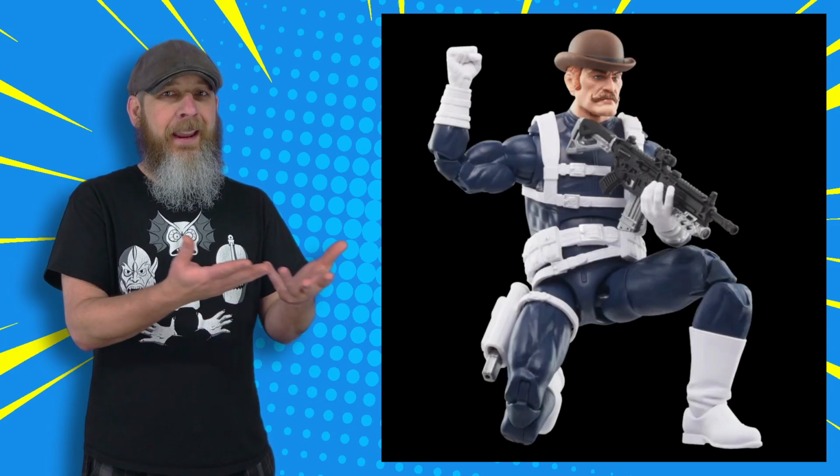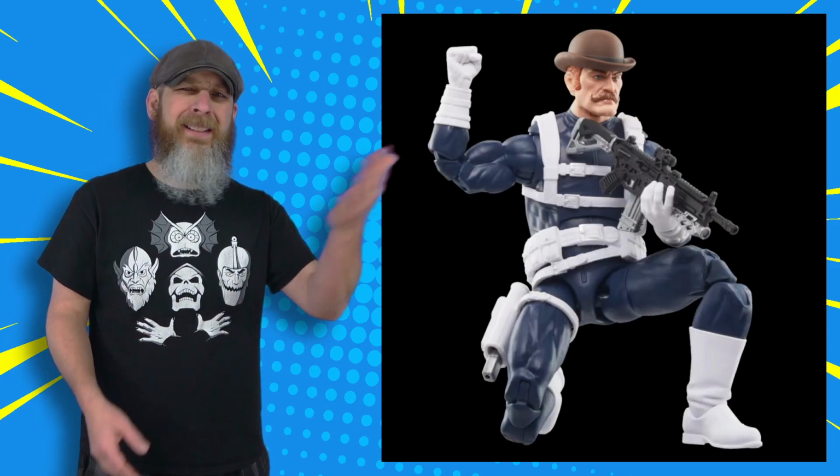So there you go. Also, thanks to everyone who explained that this is the Nick Fury I was thinking of. They said Junior during the live stream, so I thought, well, there was Nick Fury, and then Junior, but this is Junior to this Nick Fury, apparently. He's coming in a 3-pack with Sharon Carter and Dum Dum Dugan. I like the upgraded Carter, and I never got an appropriate body for the Dum Dum Dugan head that came with another release. So this totally works. If I need more SHIELD, then...